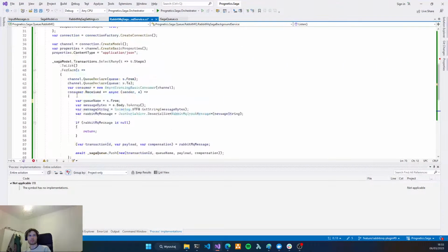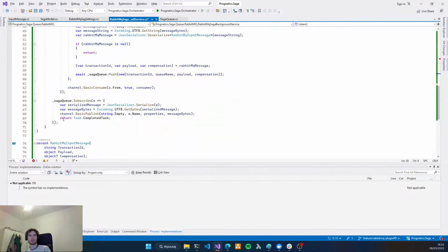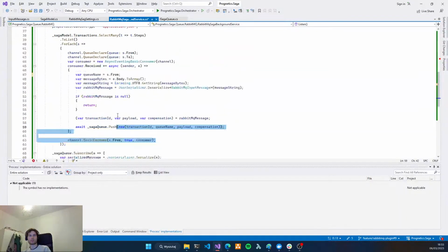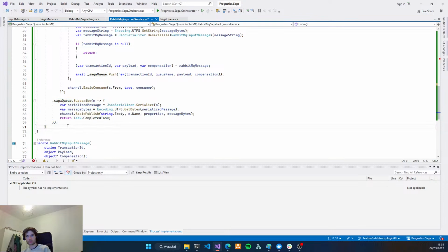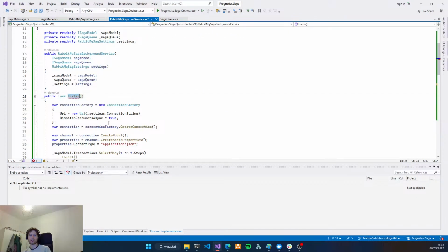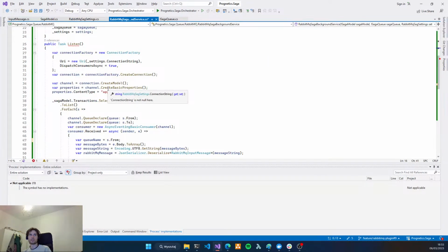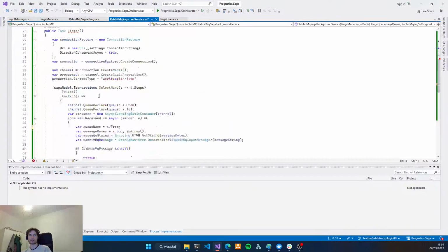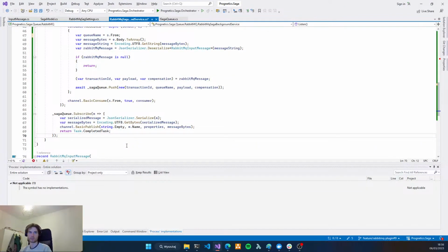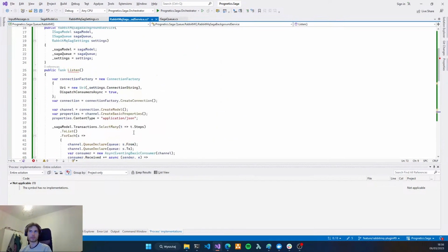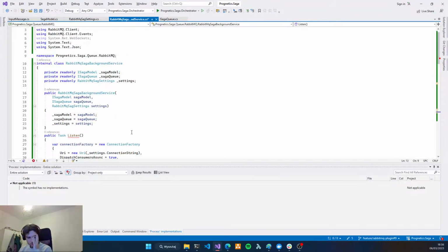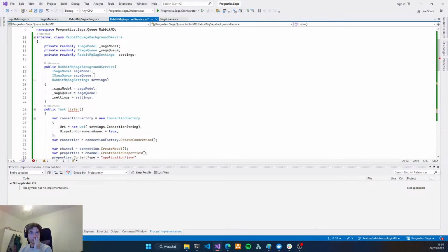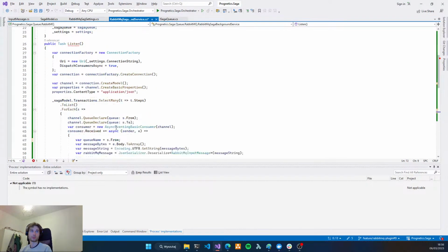And we need to stay and listen, because we are consuming, we are subscribed, but if we just leave our method and do not have a reference to our background service, then this code cannot listen because it can be handled by the garbage collector if there is no reference to this object.